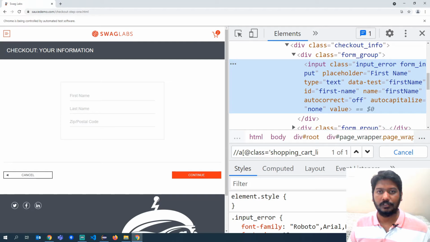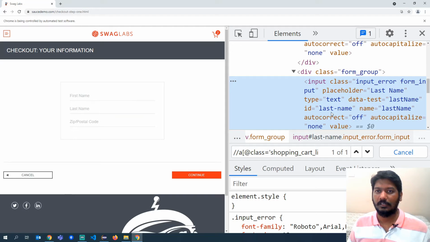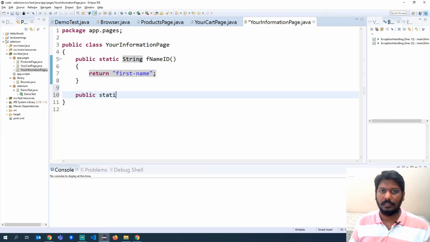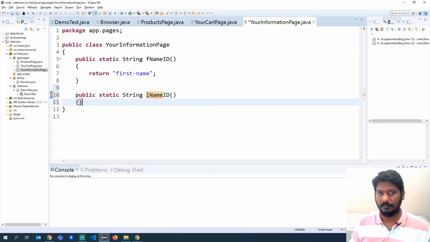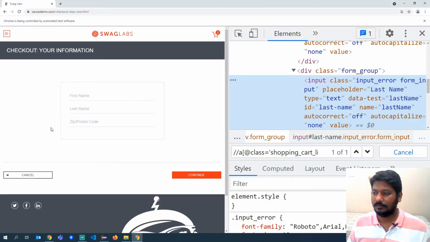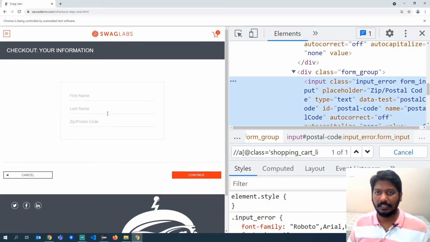Similarly, we will do for others also. Last name. It has ID called last name. Public static string lname id. Okay. Now we will add another object, which is the zip code or postal code. So I'm basically inspecting the element so that I can find out the attributes that I want.